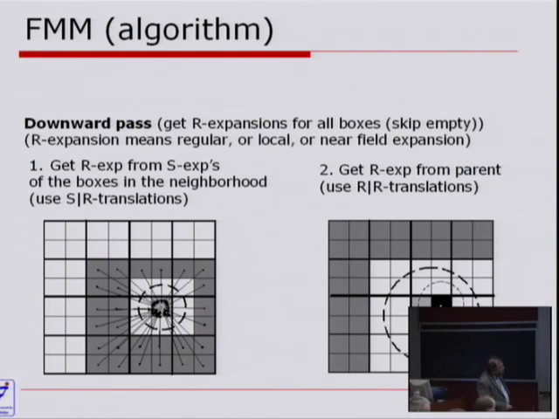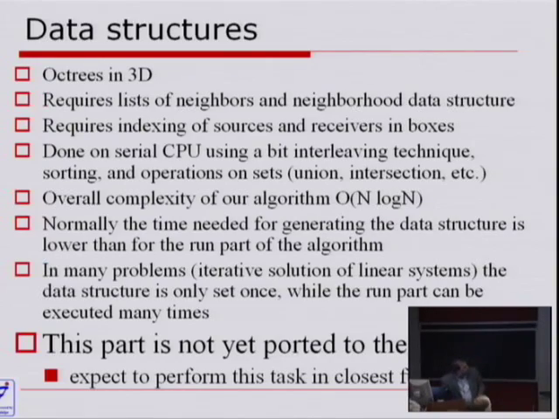So we hierarchically go down, and in this case we can go through the whole tree. As you see from this algorithm, it involves some data structures, basically octrees in 3D. It requires different things like lists of neighborhoods, indexing, and so on. These operations, we are working on that, and it's pretty difficult to map them efficiently on GPU, and the algorithm which I'm speaking about right now is still done on serial CPU,